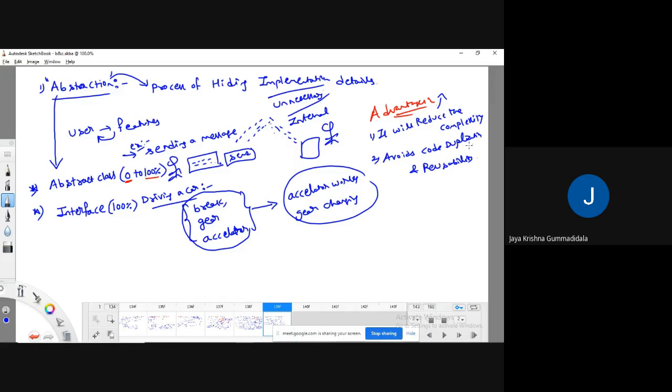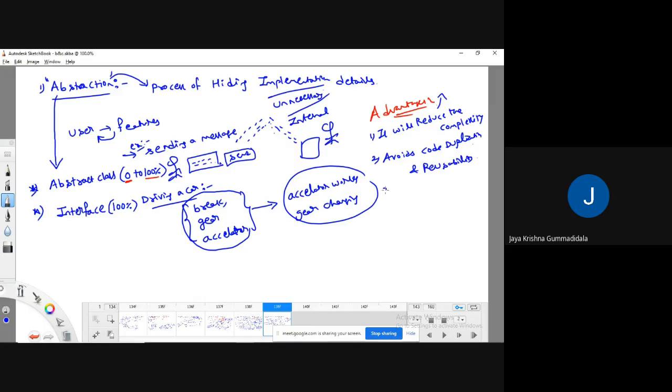Code duplication, how are we getting it? If you are not using abstract, then to apply the dynamic method dispatch concept, you need to write some method body. That method body we are writing has no use. So instead of that, you can make it abstract, so that code duplication is not allowed.